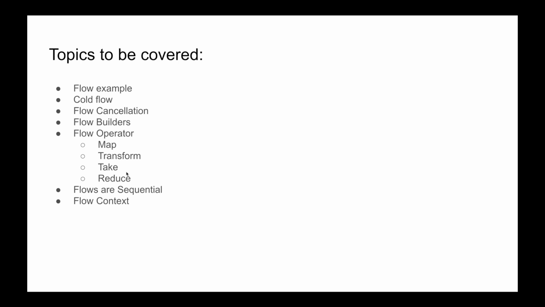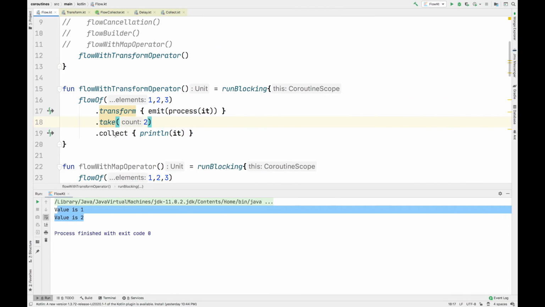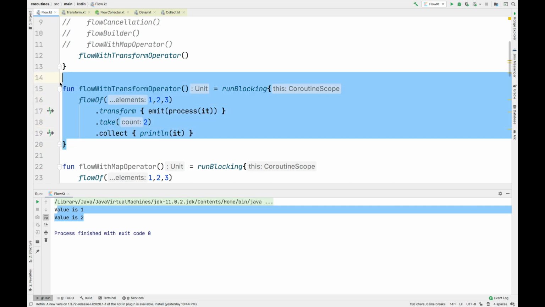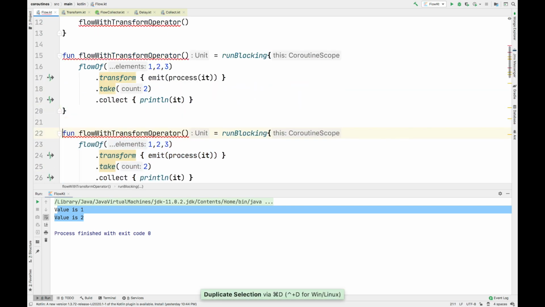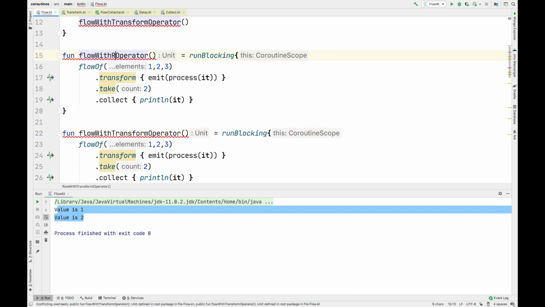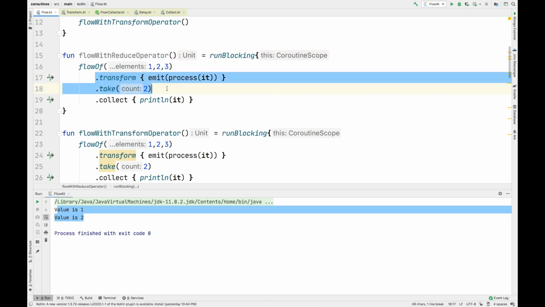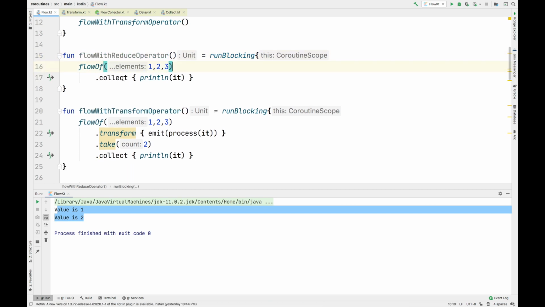Okay, so next we will see the reduce operator. Similar to collect, we have another terminal operator which is reduce. I'll simply duplicate this method and do a little modification here. I'll change this name to reduce operator, remove everything from this function, and instead of collect I'll use reduce.